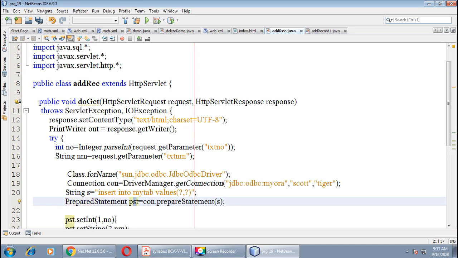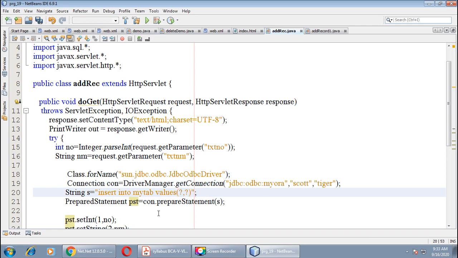PST equals con.prepareStatement, connection.prepareStatement, and pst.setInt. Here we have used two parameters, and for both parameters I have used a question mark symbol. So we must pass the values for both question marks, one by one.